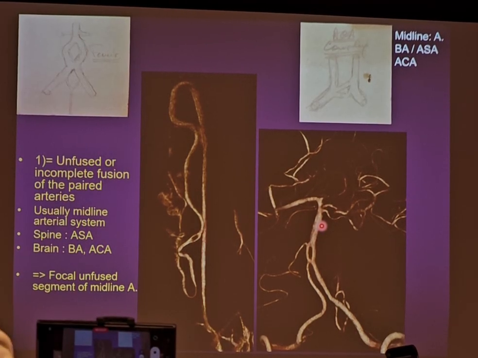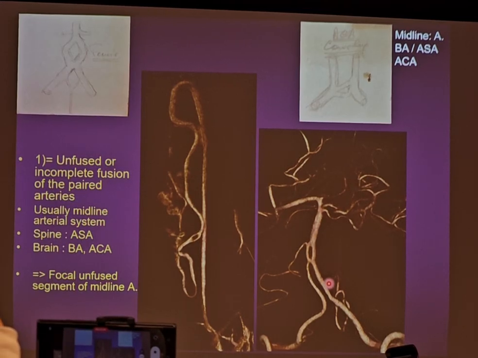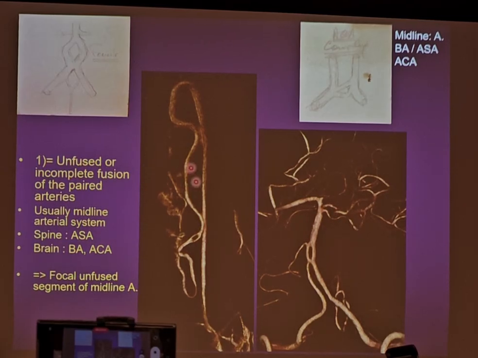To understand together, it can be described. Fenestration for me is like describing a shape. But if you want to describe the cause, you had better call this a segmental unfused segment of the basilar or anterior